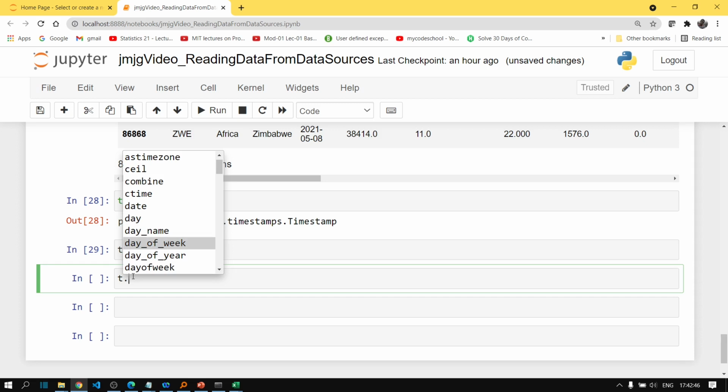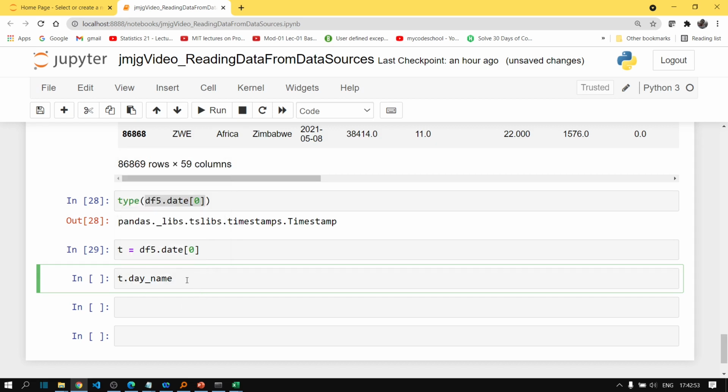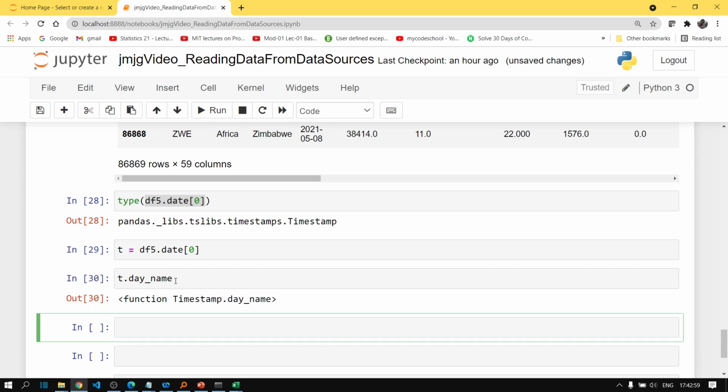So let's say for this particular date, I want to know the name of the day. You can apply day_name on this t variable. If you run this, okay, it's a function, so you have to use it as a function. If you run this, it gives you Monday.